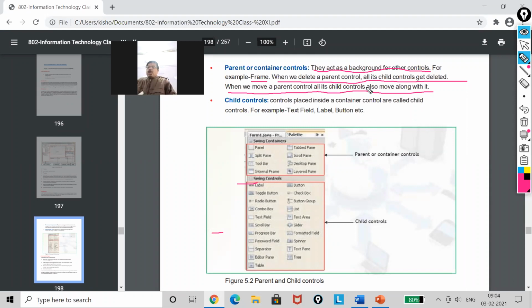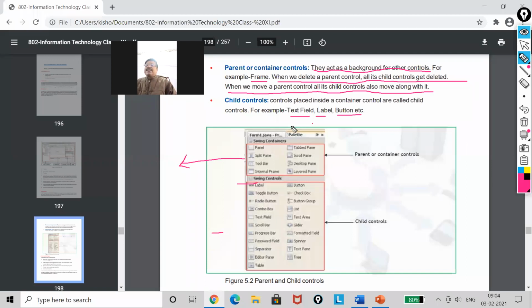Okay. So whatever component I place inside the form, all are child controls. Just now I have shown you text field, label, and the button. Now you can see, actually this is my control, which is categorized in two parts. One is the main one, that is a parent.